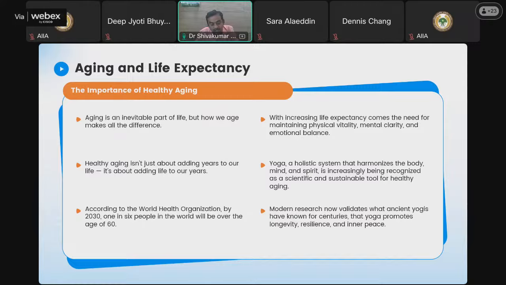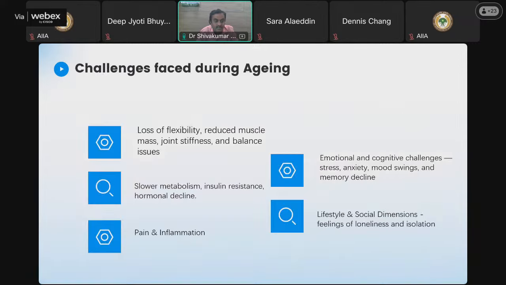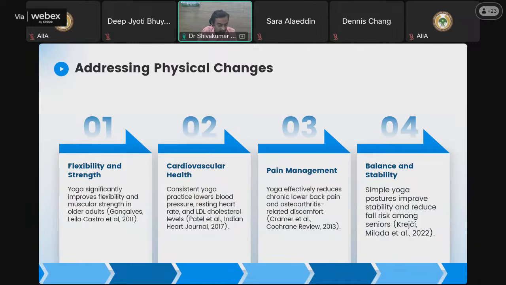However, modern research now validates what ancient yogis have known for centuries, that yoga promotes longevity, resilience, and inner peace. Aging also brings a lot of challenges. As we age, there is loss of flexibility, reduced muscle mass, joint stiffness, balance issues. We have slower metabolism, insulin resistance, hormonal decline, pain and inflammation, emotional and cognitive challenges like stress, anxiety, mood swings. And other than that, we also have lifestyle and social dimensions like feelings of loneliness, isolation, etc. So to talk about them one by one,